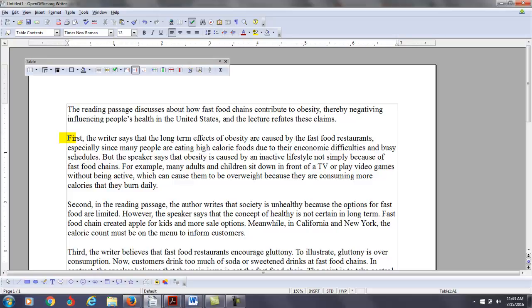You might want to say due to their economic difficulties and busy schedules. But the speaker says the obesity is caused by an inactive lifestyle, not simply because of fast food chains. For example, many adults and children sit down in front of a TV or play video games without being active, which can cause them to be overweight because they're consuming more calories than they burn daily.